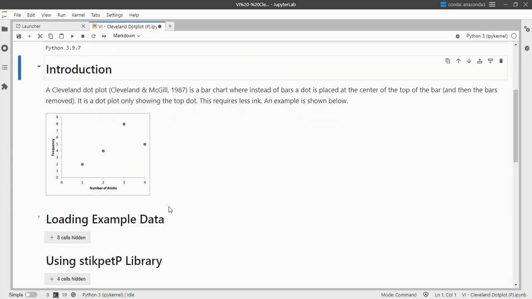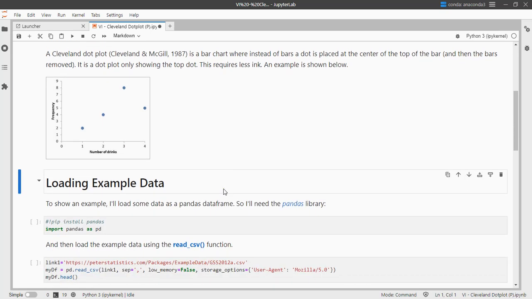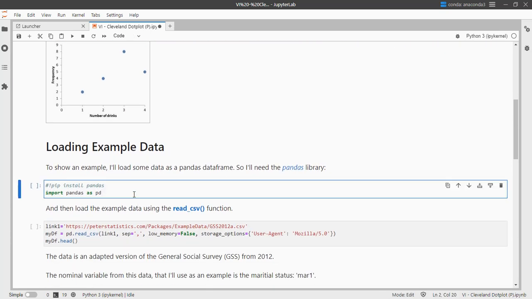The kind of chart that I'm going to show you how to create is something like this. It's like a dot plot, but only the top dots are shown, and that's sometimes referred to as a Cleveland dot plot. To show you how that can be done, I'll need some example data, so I'll first load in